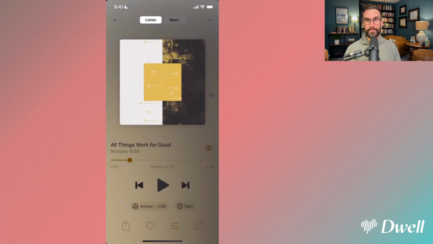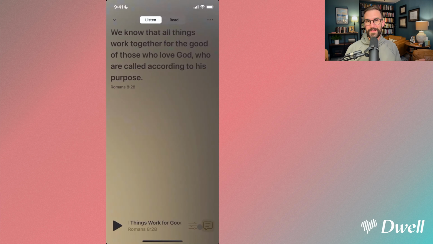Lastly, as we wrap up, I want to highlight these 4 buttons on the bottom. They're super helpful. On the bottom left, we have a simple share button, a great way to send to a friend or family member whatever you're listening to in Dwell. The heart is a way to add this passage to your favorites, kind of a shortcut to jump straight into the favorites. Here on the bottom right is our read-along toggle, which is what we sometimes call our karaoke Bible,